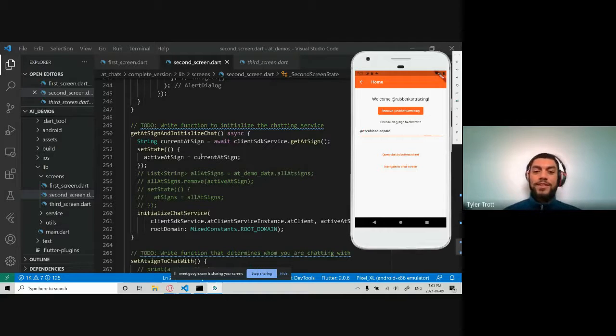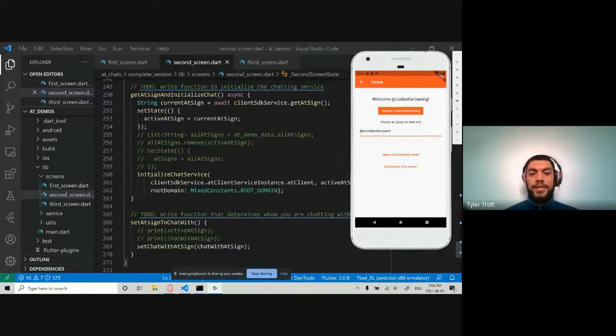design, right? So here we have a function called get @ and initialize chat. We're passing the, again, client SDK service, a function that's built into the app platform, get @, and that will get the currently authenticated @, which is me, Rubber Cart Racing. And we're going to pass that into a string called current @. We're just going to set the state because we like to have things like welcome to whoever's authenticated in, things